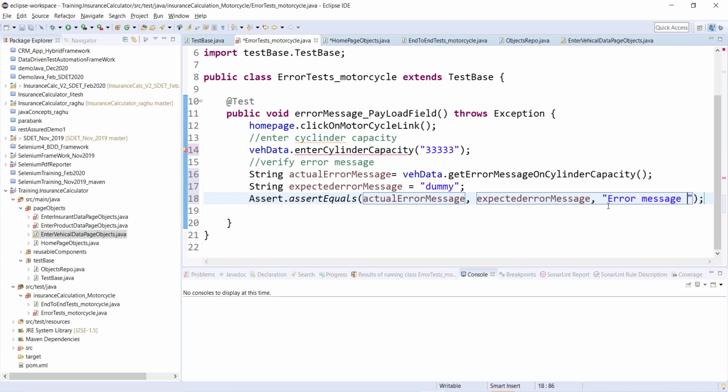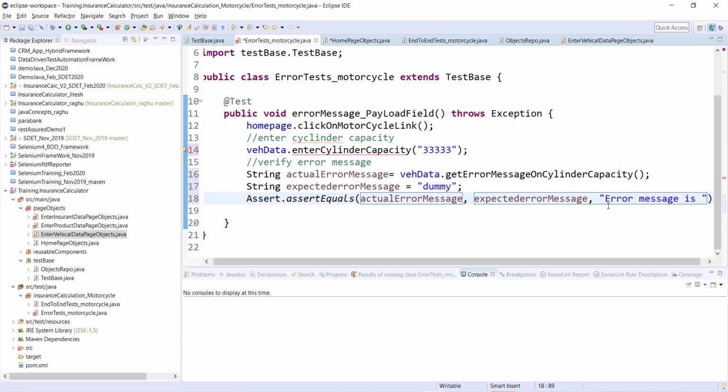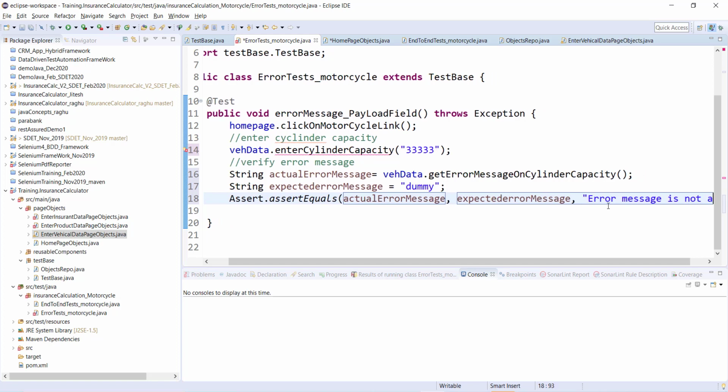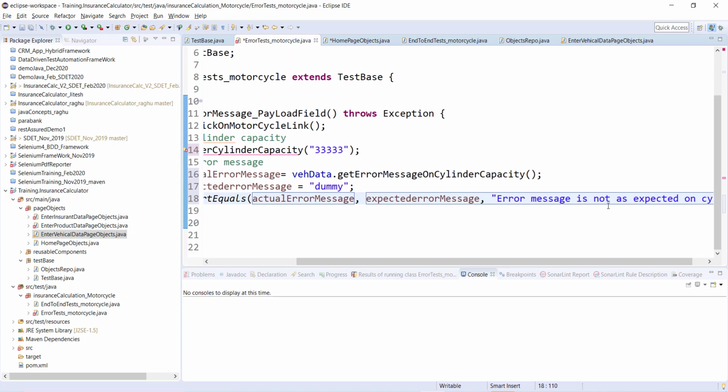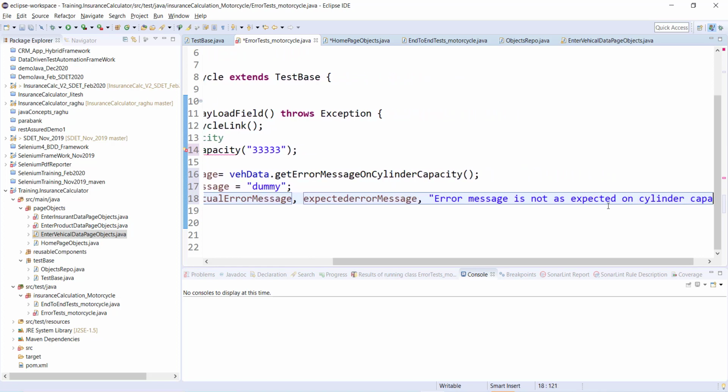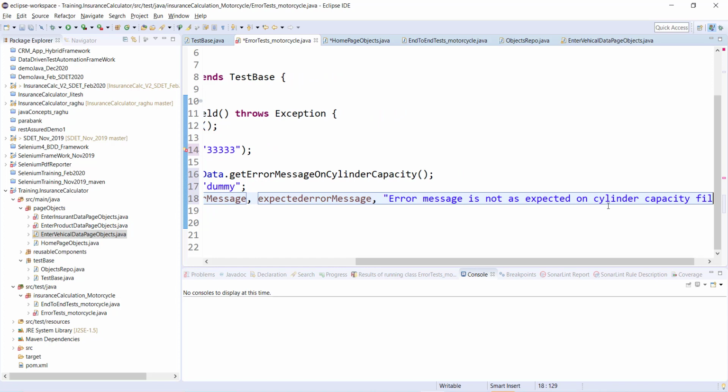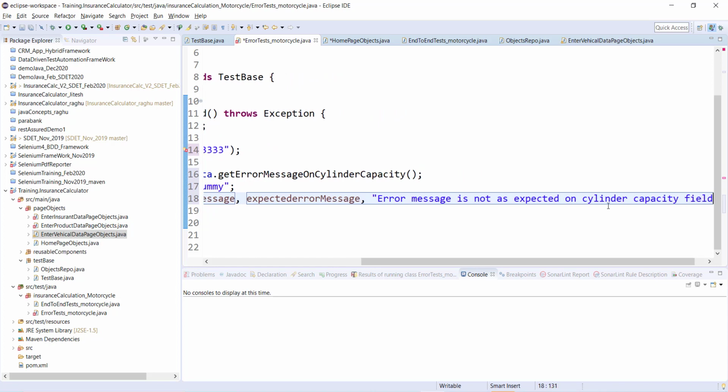I'll say error message is not as expected on cylinder capacity field. Okay, this should be good enough.